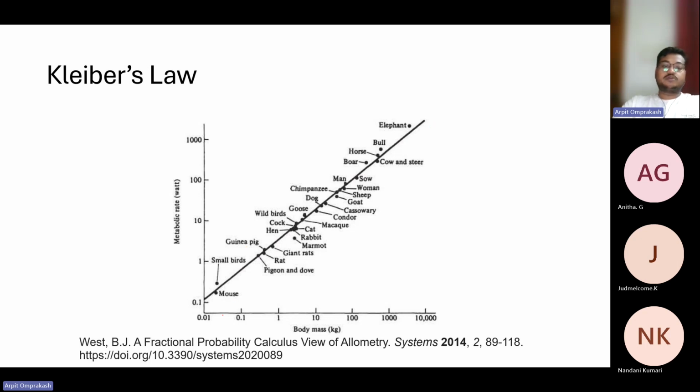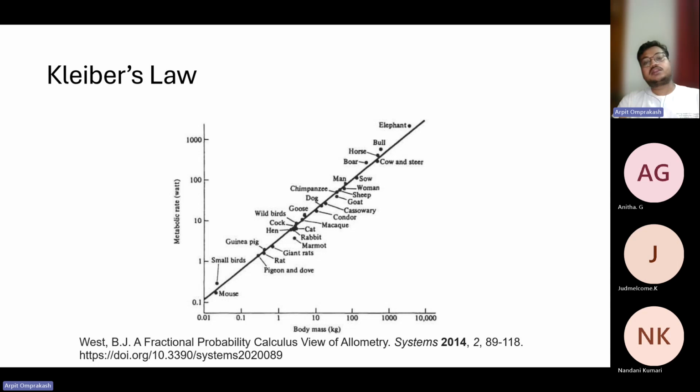Right. So going from even the smallest organisms, which are like a few grams or few milligrams, to elephants, which might be like tons, which might have a body mass of a ton or more, we see that all the organisms tend to follow this line. So that means there is some underlying relation between the body mass and the metabolic rate of an individual or